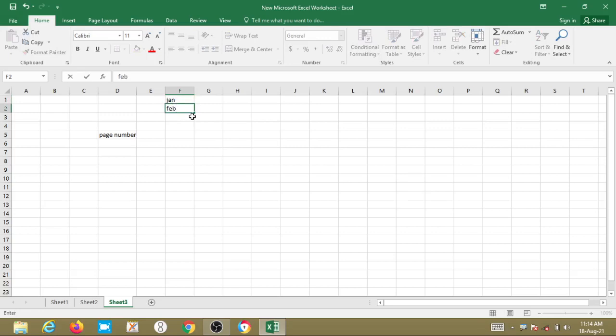So move here, the plus arrow mark will come. January, February, March, April, May, June, July, August, September, October, November, December. Again January, February, March. So like this it will perform.